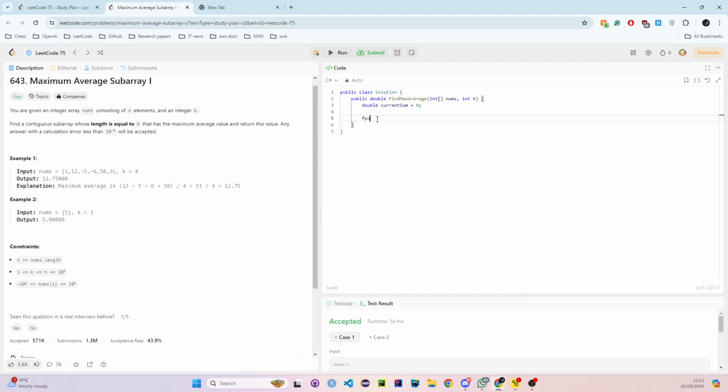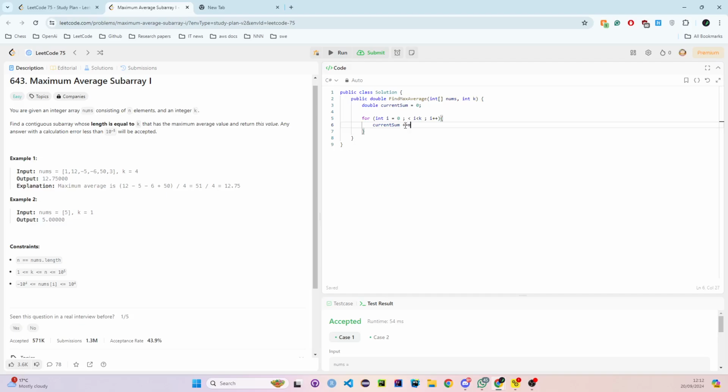So we have to consider that our current sum could just be our first part of the array. So we'll do a for loop, int i is equal to 0, and this is the important part, while i is smaller than k. So we're only going up to k right now, and we say i plus plus. So here we'll only go up to, let's say, 1 2 3 4. We'll just get the current sum of this. So in simple terms, again, we say current sum, updating the variable that we instantiated,